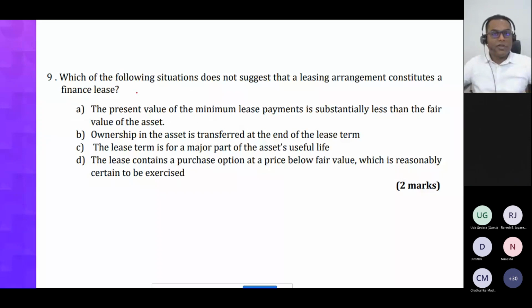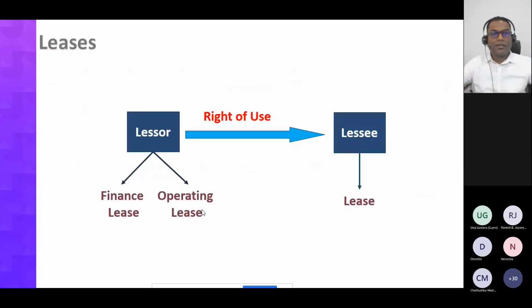Then number 9, which of the following situations does not suggest that leasing arrangement constitute a finance lease? Now, what is the area of testing? SLFRS 16 leases. So before moving to the answer, we know in a lease there are two parties, lessor and